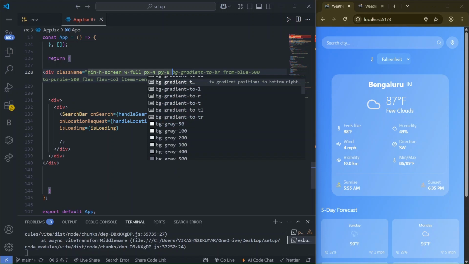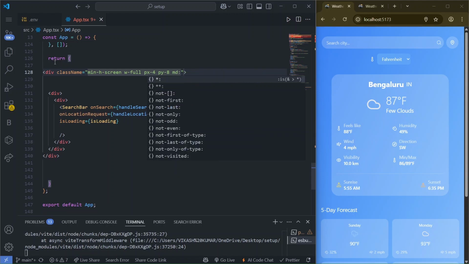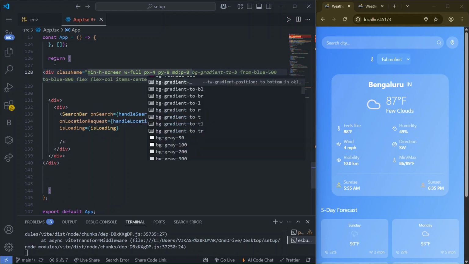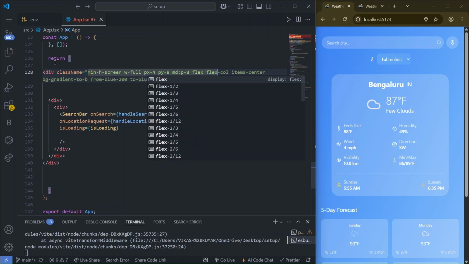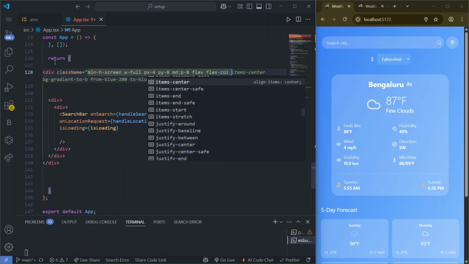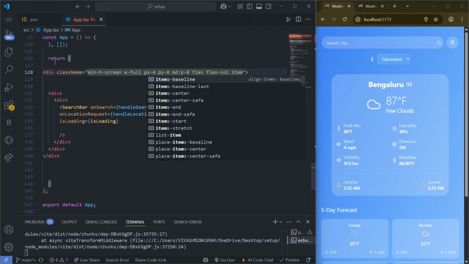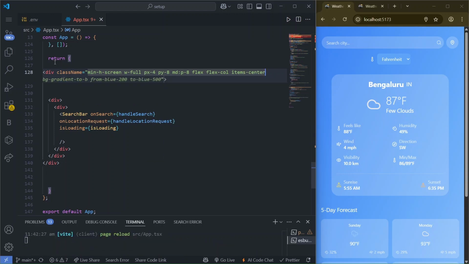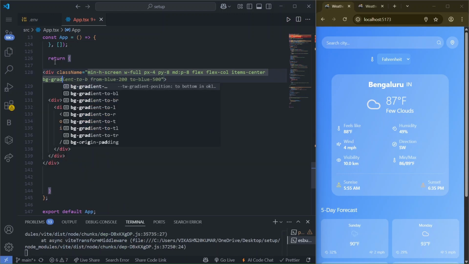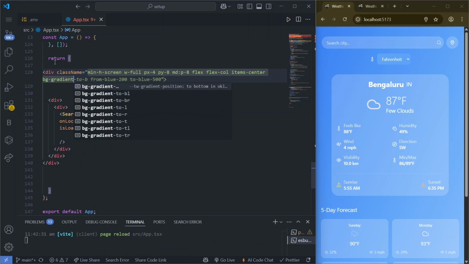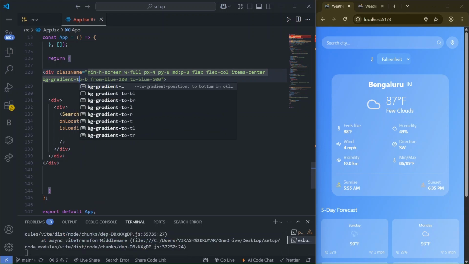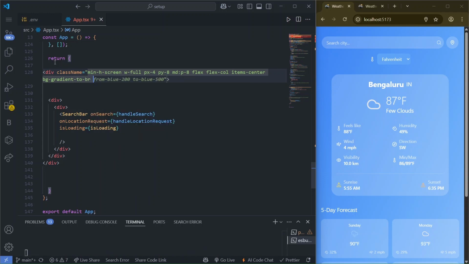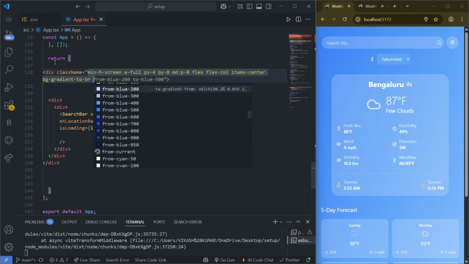And then for greater than medium devices, we can write p-8, flex flex-col, and then items-center, and then we can write bg-gradient, right? bg-gradient-to-br, sorry, bottom right, we can write, and from-blue-500,